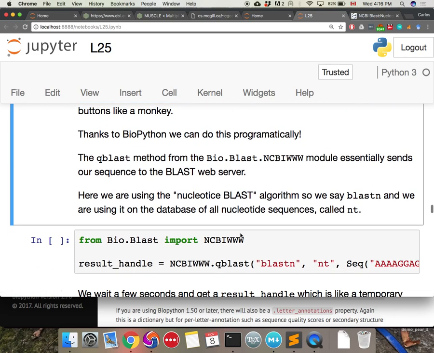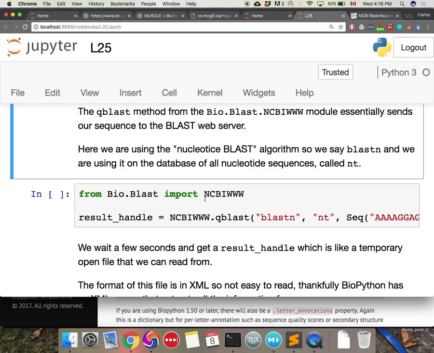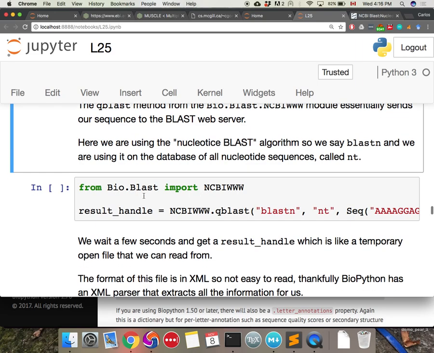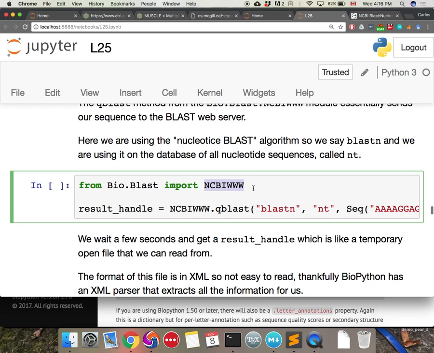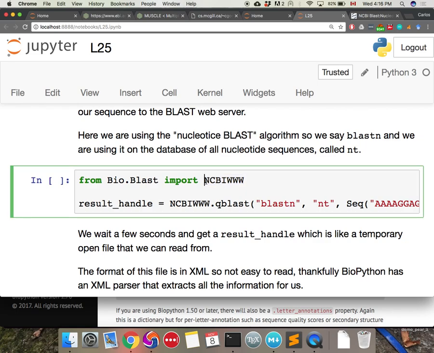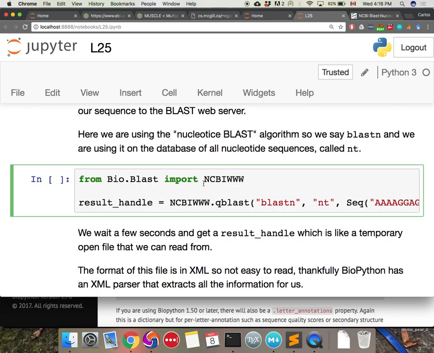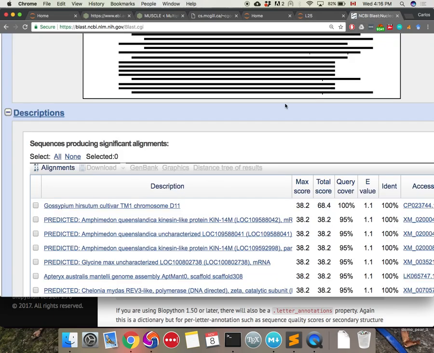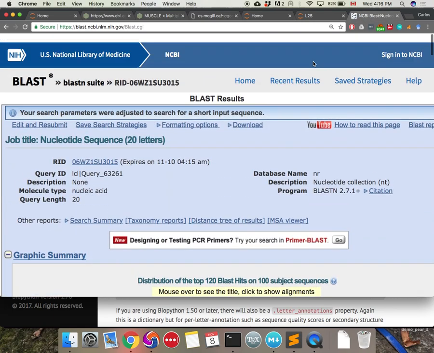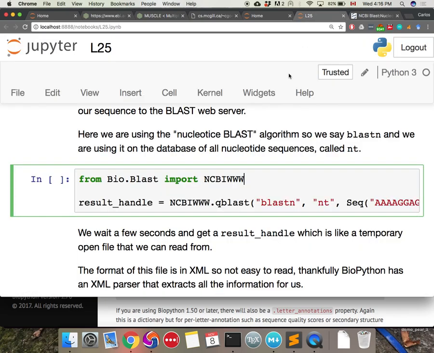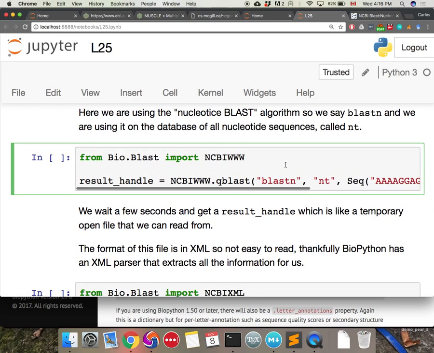for that. It's called Bio.Blast, which is the module, and it has this class, NCBIWWW. Okay, so that stands for National something Institute, and WWW, so online, so it's on the internet, right? And that's basically this thing that we clicked on here, right? It's just a database with a bunch of sequences, and you can send it a sequence and it tells you what matches it, okay? And we can do that really quickly by saying